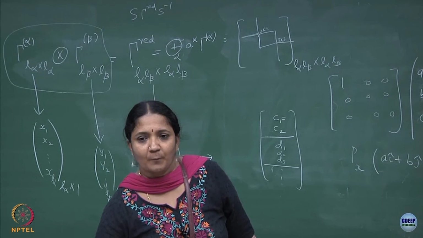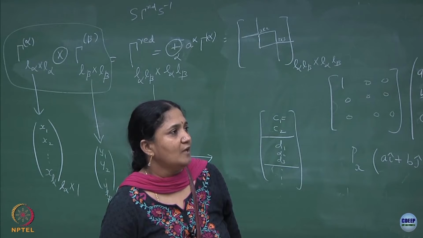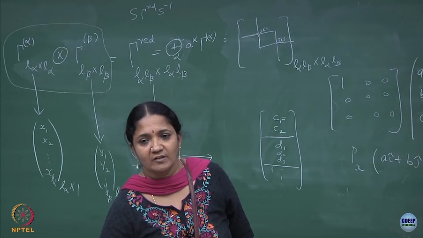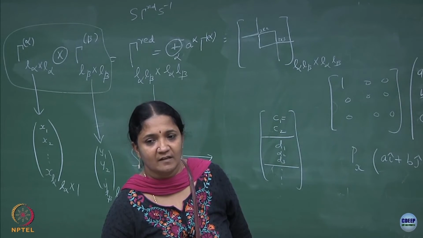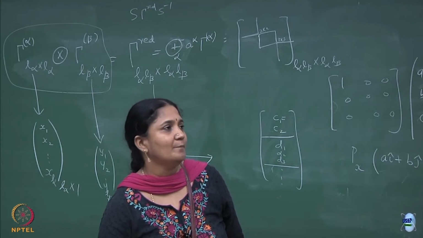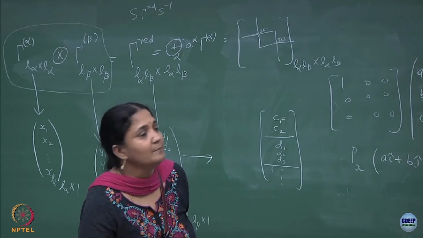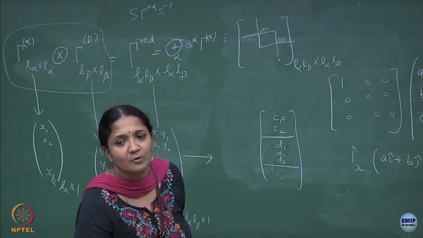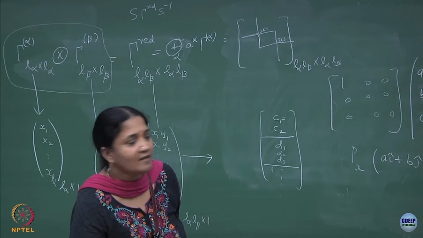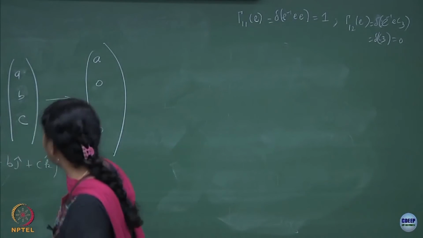Okay, so I am just proposing a projection operator for a specific irrep gamma alpha, where this depends on the dimensions of that irrep. And as I said, many of these characters could be complex sometimes. So, in general for the great orthogonality theorem, it is better to use one of them as a complex conjugate. Okay. So, this is the definition of your projection operator. So, take it as a definition.